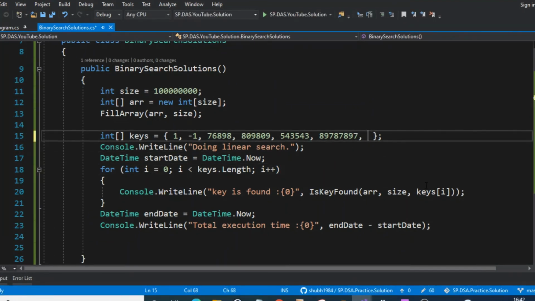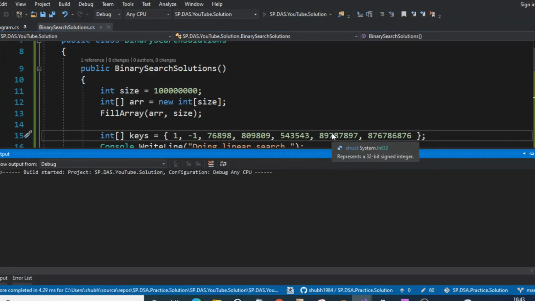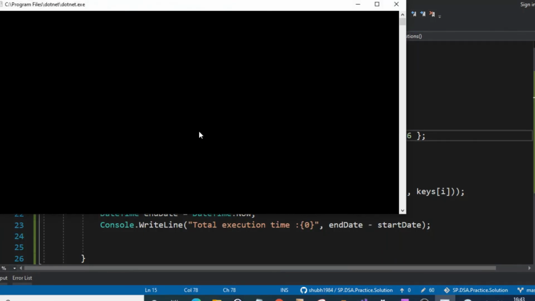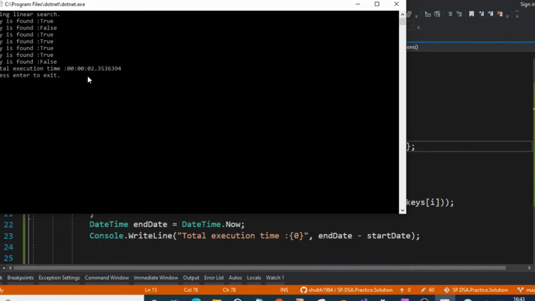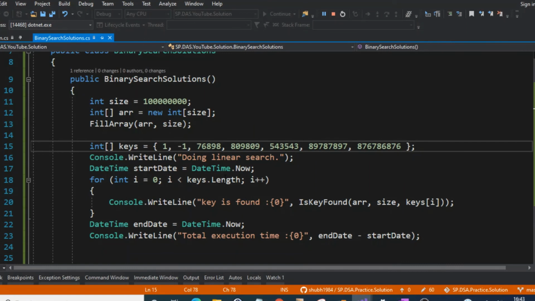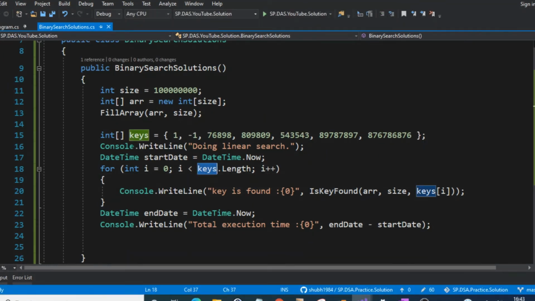Suppose you have some more keys here. It's going to return true, false, true, true, true, and finding all these keys takes around 2 seconds. Here we are searching only 7 keys.